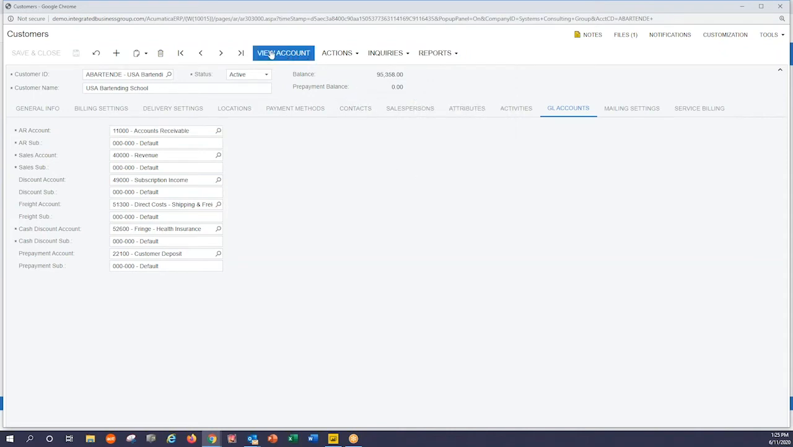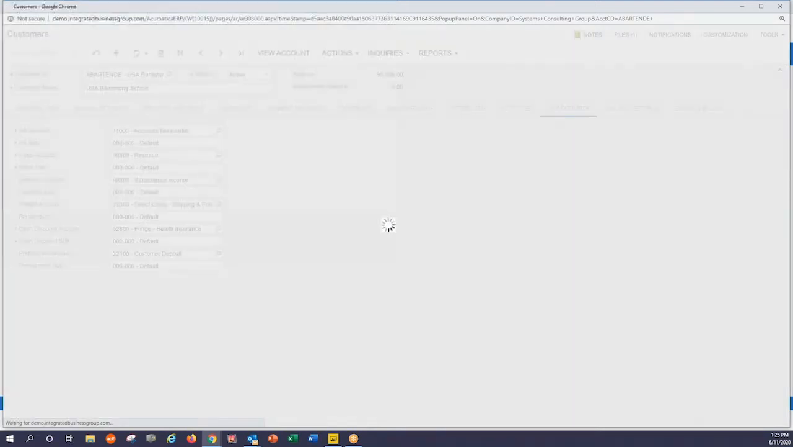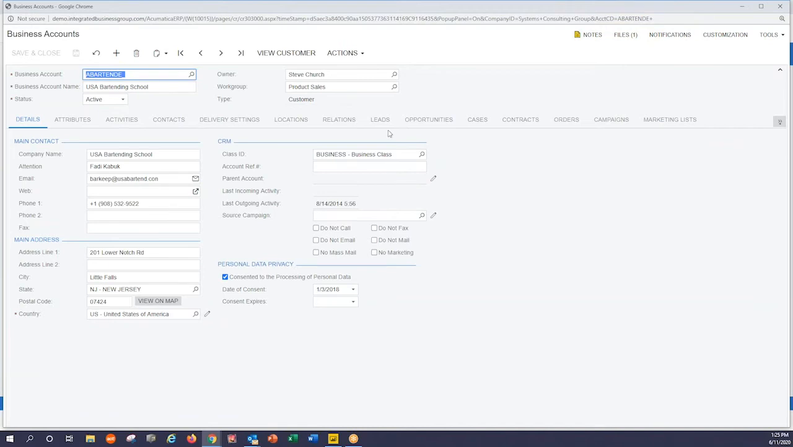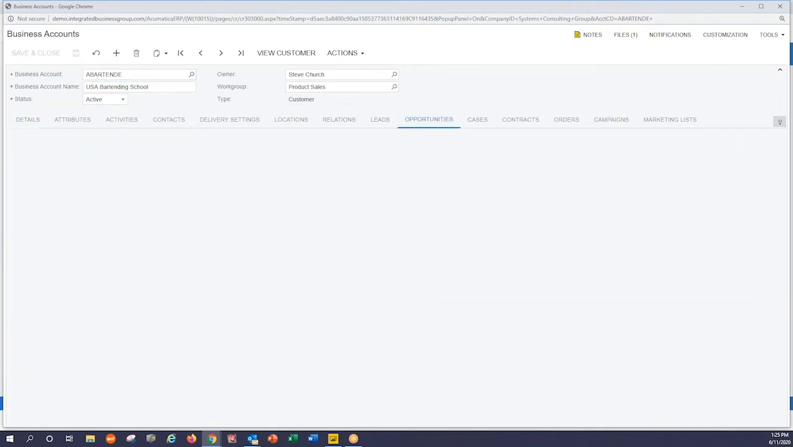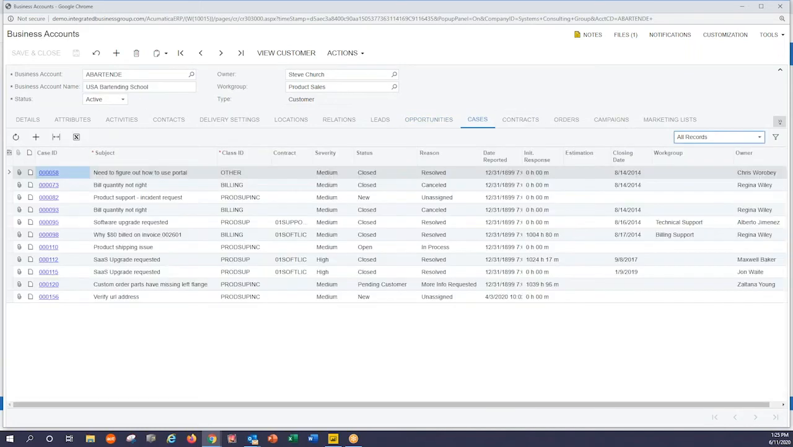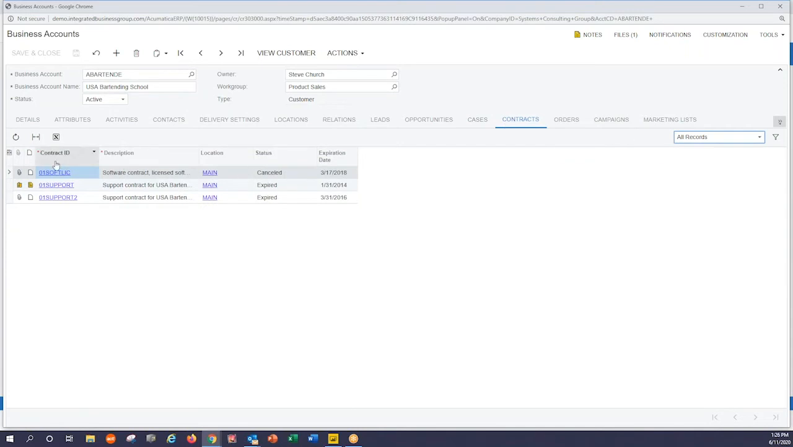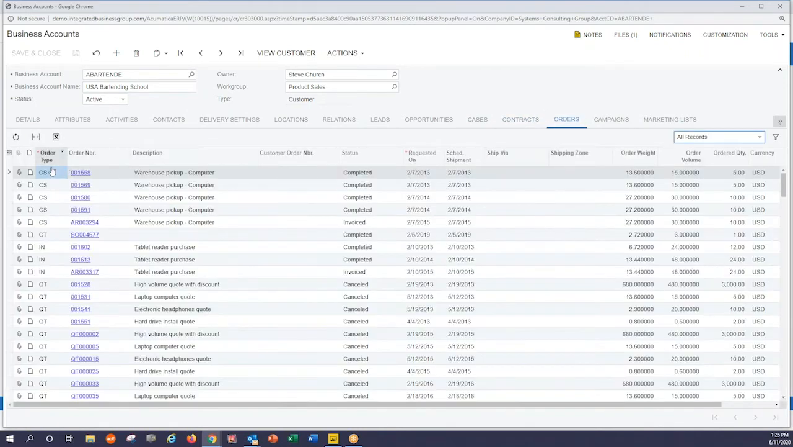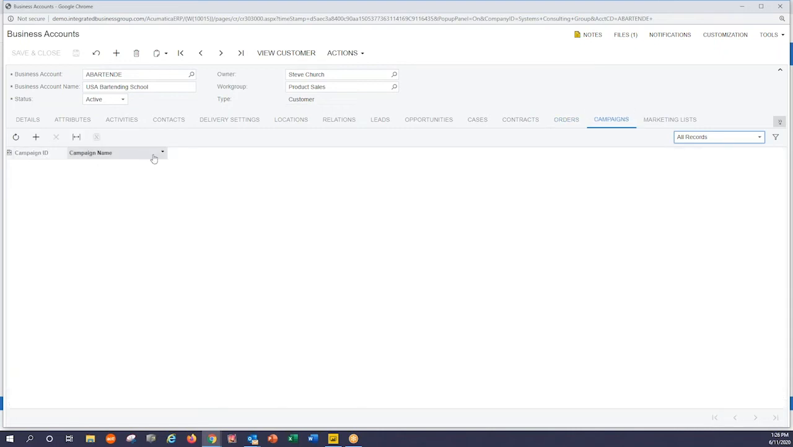This button here called View Account is really a powerful button. What it does is it allows you to see all of the CRM components. For instance, what are all the outstanding opportunities for USA Bartending? What kind of cases or service orders or tickets, you may want to call them, are on with this customer? What kind of contracts do they have going with us? What orders have they placed? Sales orders. Here's a full list of all their sales orders, and what marketing campaigns have they been involved with,